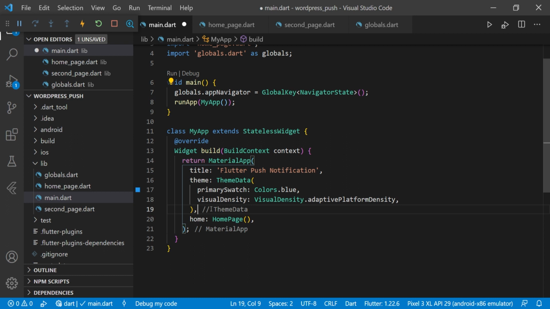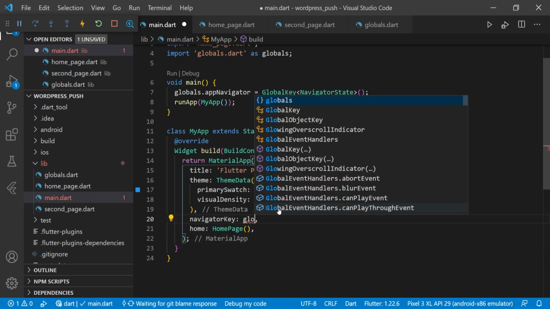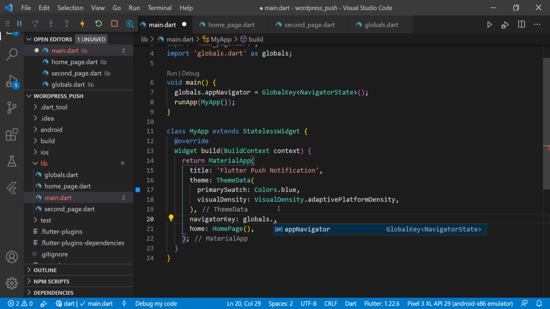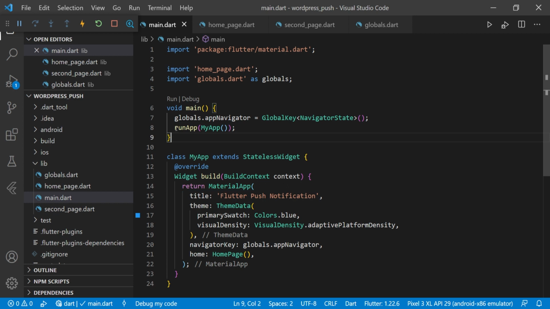And here in the MaterialApp we have to pass the navigatorKey globals.appNavigator. So what we are doing here, in the main we are just passing that appNavigator with the new instance of that NavigatorState, and the navigatorKey we are just passing this globals.appNavigator.